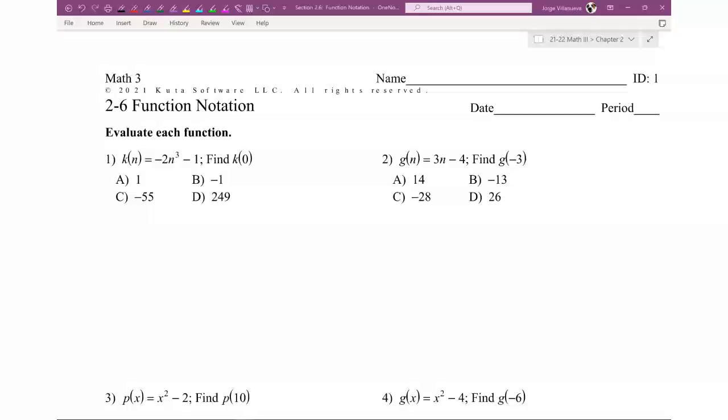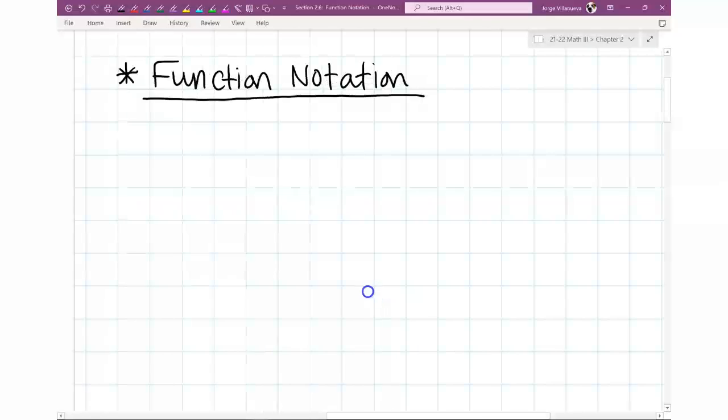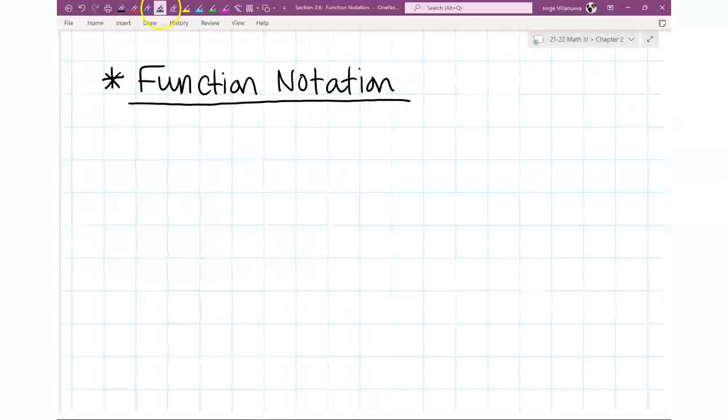Okay, function notation. So what is function notation? Why do we use it? Let me go over that with you guys. Normally, what we would do, I'm going to write this right here. Normally,